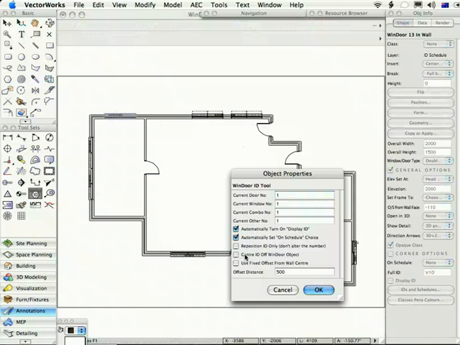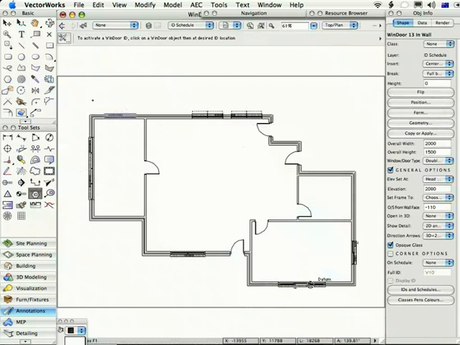Set center ID off window object. What this will do is to automatically position the ID in the center of the window object, regardless of where you click to put it. The second option will automatically offset the ID by the amount here. That's about 20 inches. And that will be from the center of the wall to where the ID is going to be placed. So let's go with those settings, and then all we do is to click on the door or window we want to ID and then click,